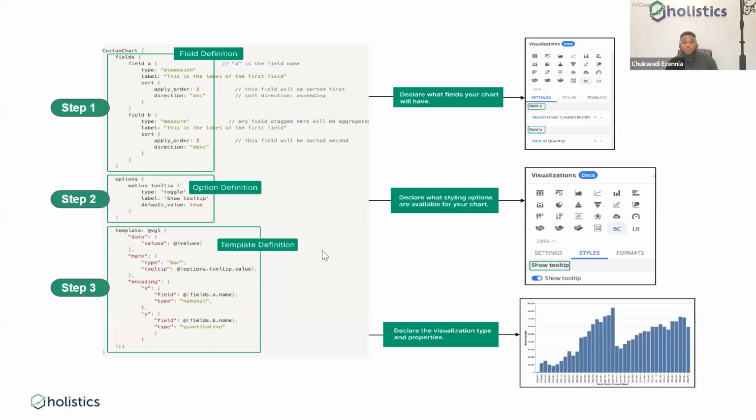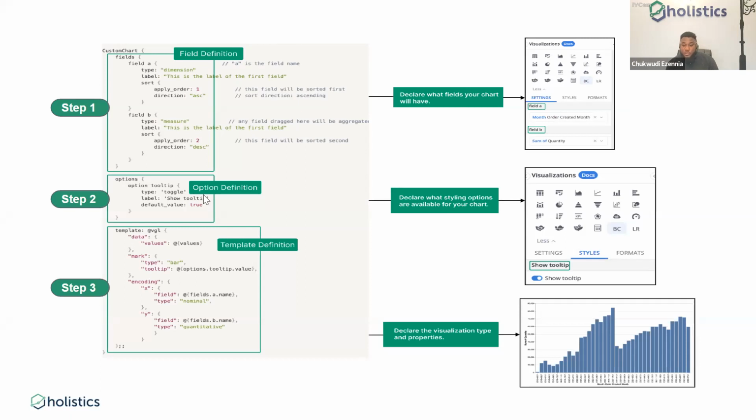The next thing is to show you a high-level overview of these templates and how it gets to materialize for your business users on their UI exploration end. So you see that we are able to define different fields here. And we see these fields get materialized as input areas for you to do your drag and drop for the different dimensions or measures you would want to work with.